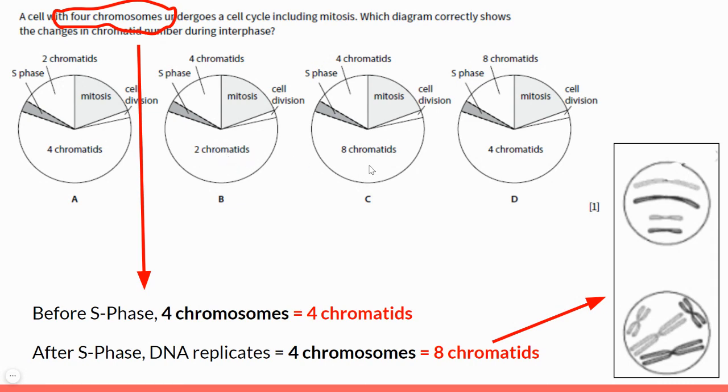C says 8 chromatids are there in the beginning, which is wrong. In interphase, before S phase happens, the 4 chromosomes will have only one arm, that is 4 chromatids. So C is wrong. Let's look at D. 4 chromosomes in the interphase, that is in the G1 phase of interphase, 4 chromatids are there. This is correct. Then S phase happens, and in G2 now the 4 chromatids after S phase have duplicated to 8. That is correct. There are 8 chromatids, but they are all stuck at their centromere, so there are still 4 chromosomes. Okay, so our answer is option D.